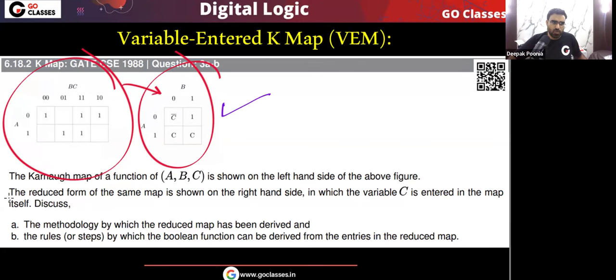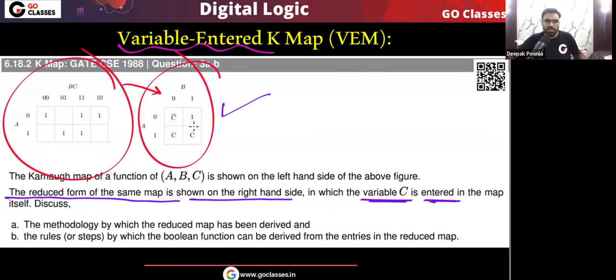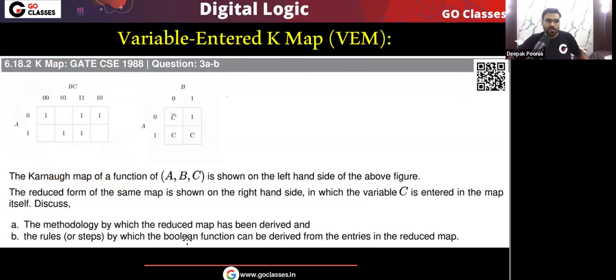The reduced form of the same K-map is shown on the right hand side, in which the variable c is entered in the K-map. So this type of K-map we call a variable entered K-map. On the right side, look at the entries.